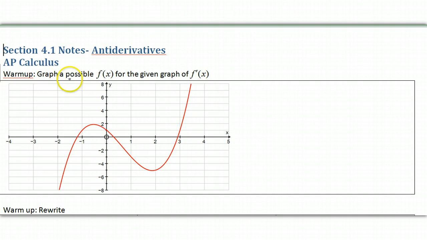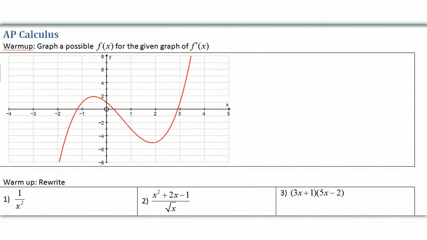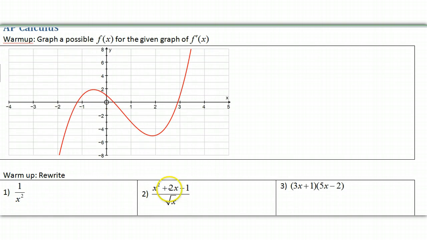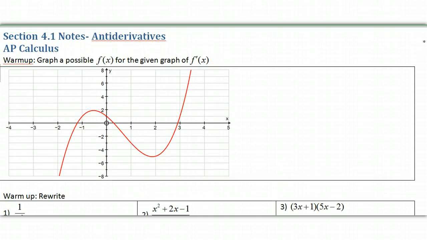You can pause this, but I want you to graph a possible f of x given the f prime of x. Pause that, and then also try some of these things as rewrites, maybe using negative exponents in some of those. Now, I'm going to go ahead and graph this now. If I look at this as f prime,